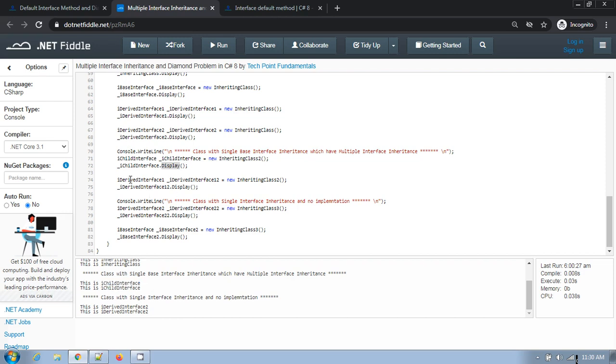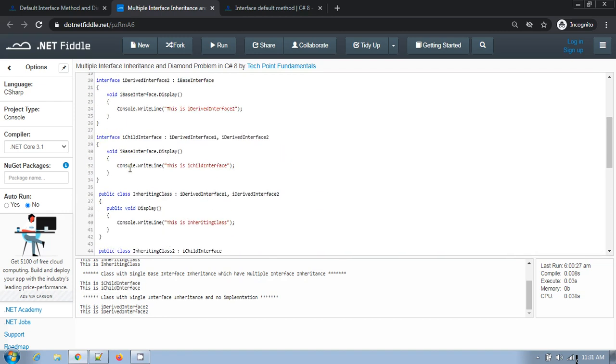Here I have created the interface reference variable, and also directly called this method. This is the IChild interface reference, and here is the IDerived interface reference variable. In both the cases it is calling the IChild interface method, which I defined in the child interface.